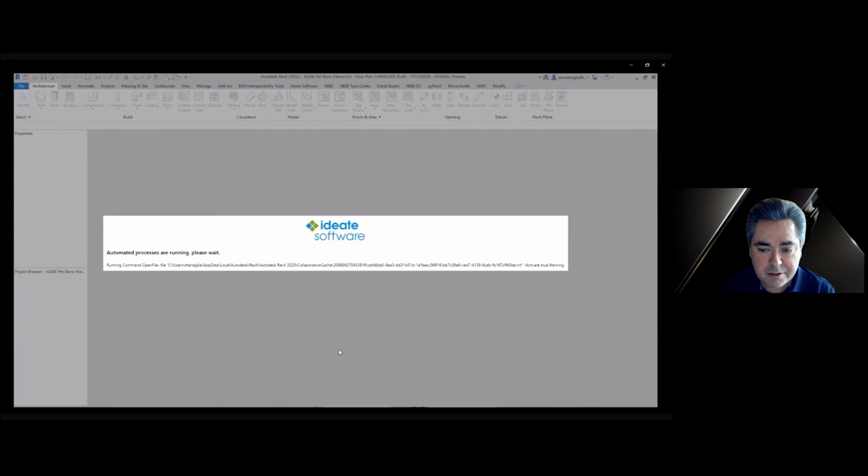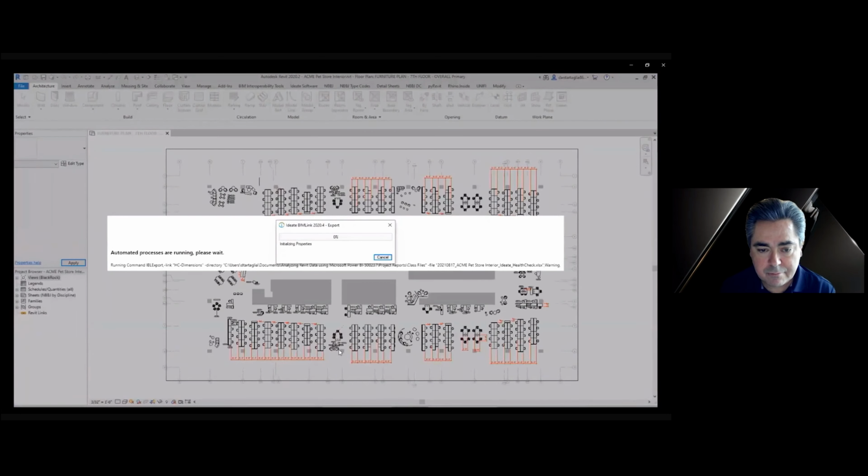Once the file opens, it should start processing all those HD link files that we did manually a few minutes ago. So it's doing exactly the same thing we did manually, but in an automated process.